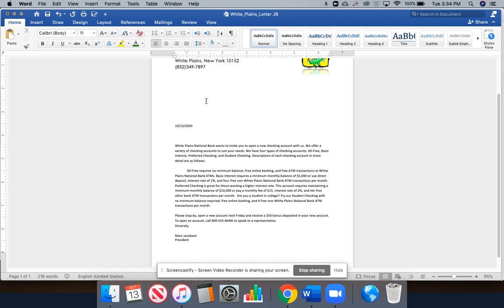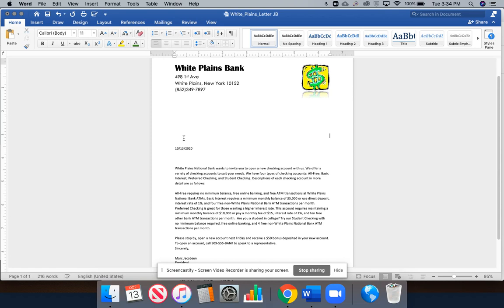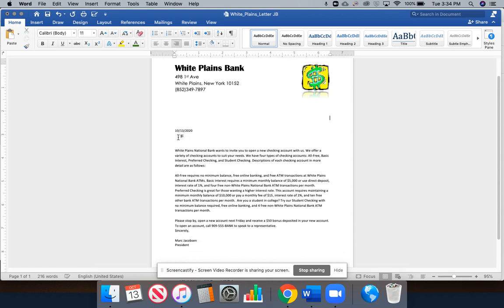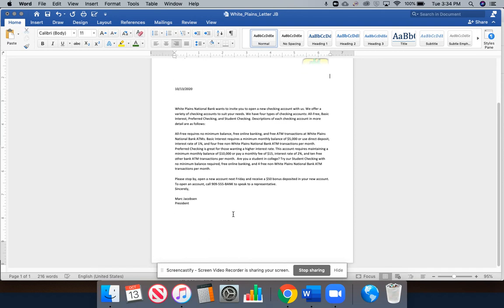So we have a couple indents. I'm going to take that first line indent and drag it over to the far left. So now it is formatted like a business letter. I'm also going to remove some space up here at the top. And that should be enough. I'm also going to adjust a little bit here so that we have a space after sincerely. And then we should have 3 spaces after sincerely